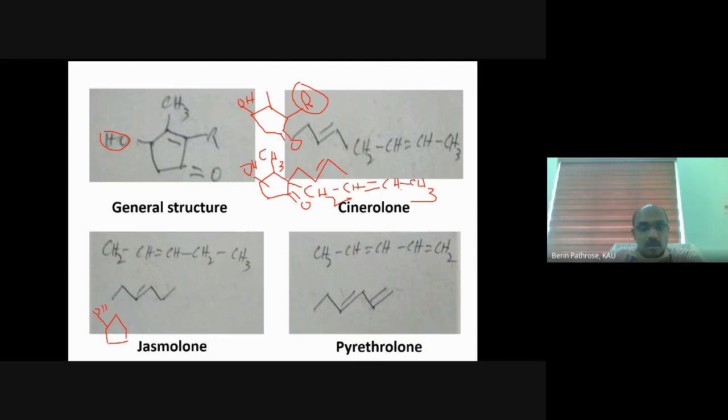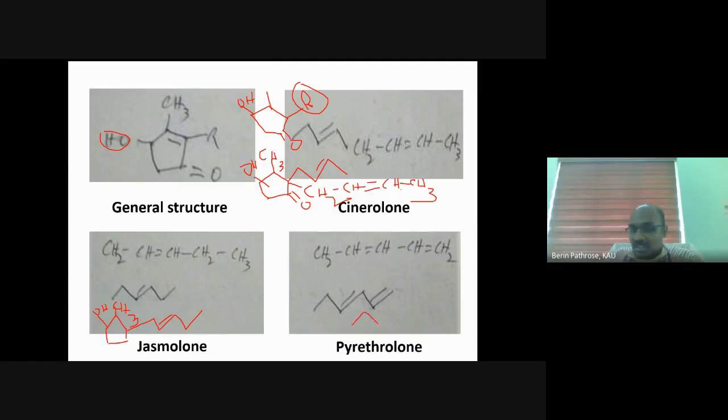The alcohol group. Then see, up to this it is CH2, CH, CH. In cinnarolone it was CH3. Here we have another carbon atom attached, so it will be CH2, CH3. So that is jasmolone. In pyrothrolone it will be